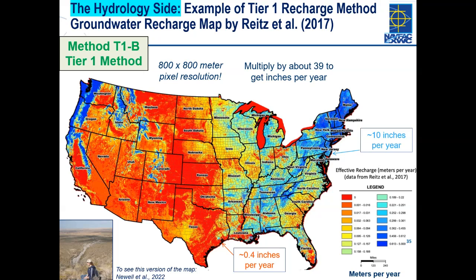And this is just this beautiful map by this USGS researcher, Meredith Reitz, 2017. And then here is this map of the USA, sea to shining sea. And this has 800-meter pixels, and you can get the shape files to look at your site, see your backyard or to see your site, and it will give you an estimate on the recharge going from 0 to really high values. And what we're looking at is, you can see, Charles, where you live in New Jersey, right? This says, or Meredith says, your recharge is about 10 inches per year. Does that make sense to you? What soil do you have in your backyard?